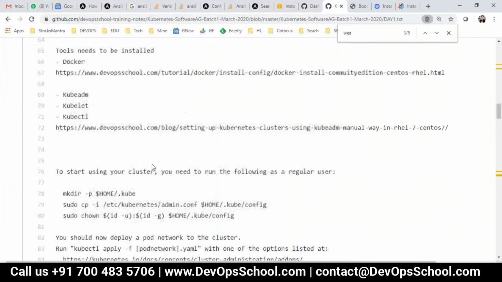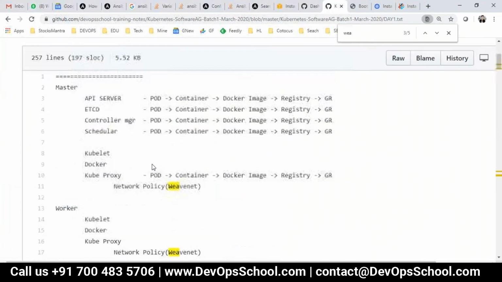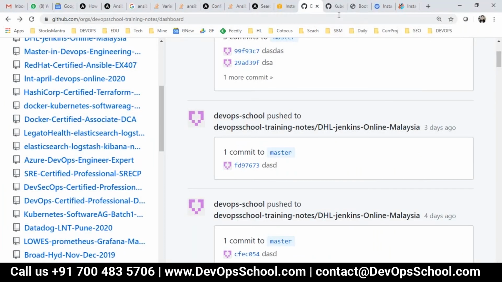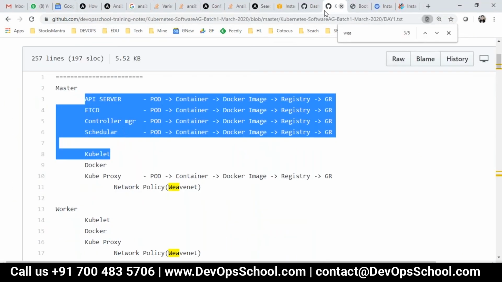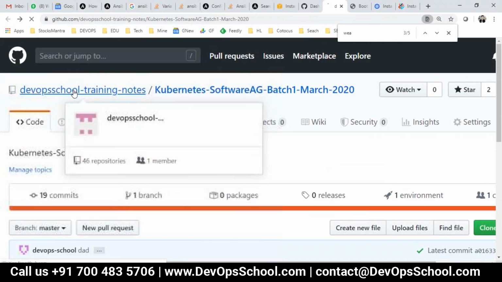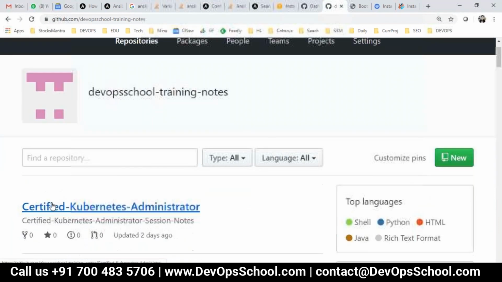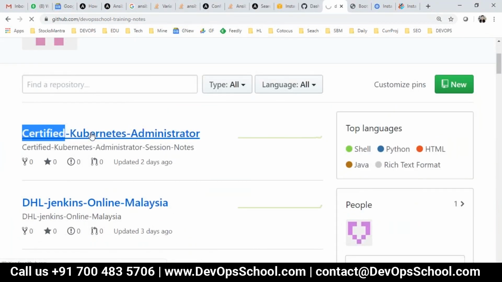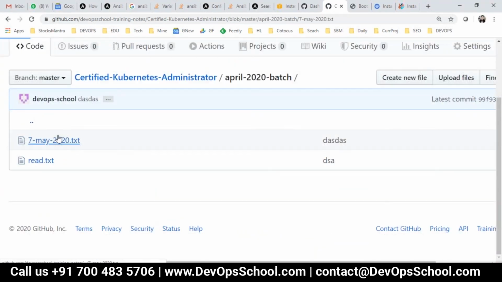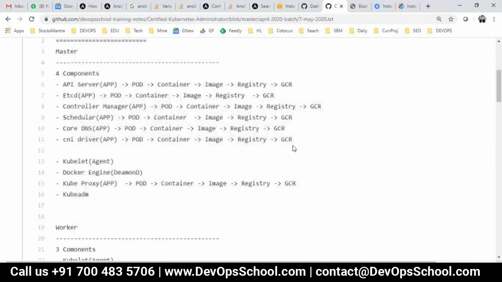Here, if you remember the documents here, these all are pods only. All these are pods, correct? The documents are lost. Just a second, hold on, let me go to that. Here it is. So these all are pods only.